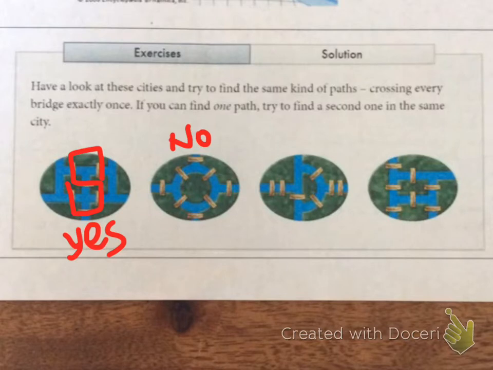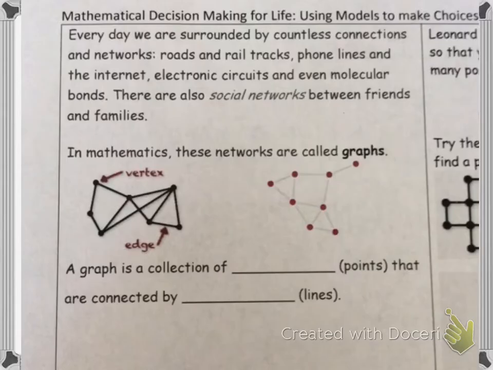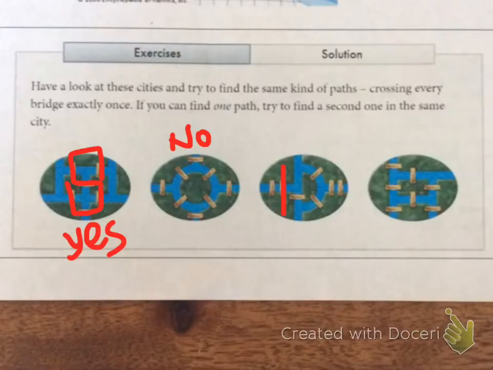But again, right now we're just guessing and checking. We're not really sure. So let's check this next one and see. Maybe I go this way, back around, and then I'm stuck. So that didn't really work. That wasn't very successful for me. Let's see. Maybe I can come here and go. So that was pretty good. I got all except for one bridge there, but that one didn't work either. I feel like no matter where I'm starting on this one, I'm getting stuck because I can't get there. So I'm going to guess no on this one also.